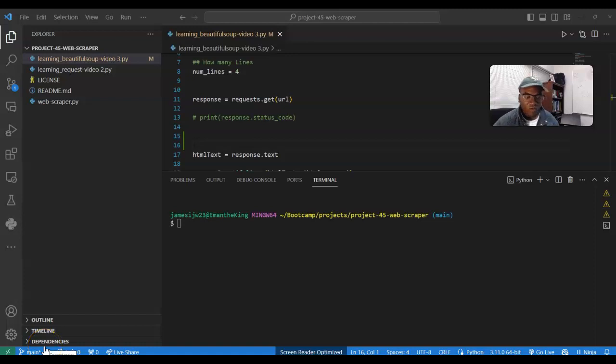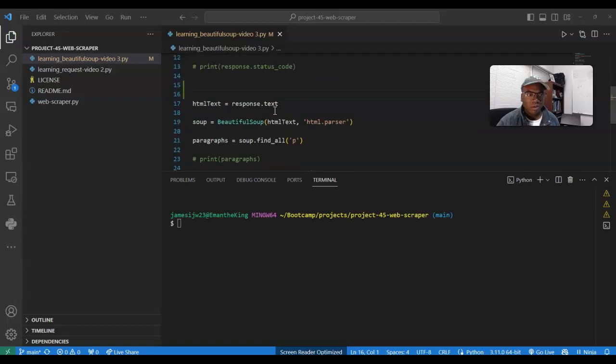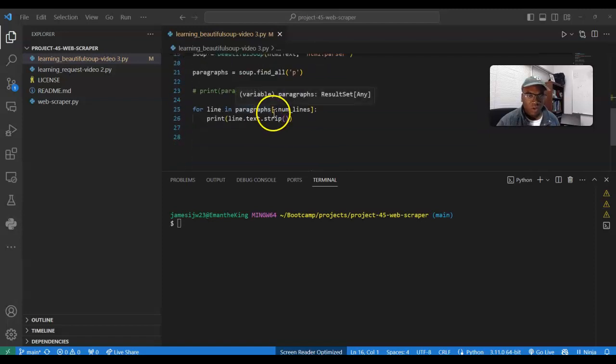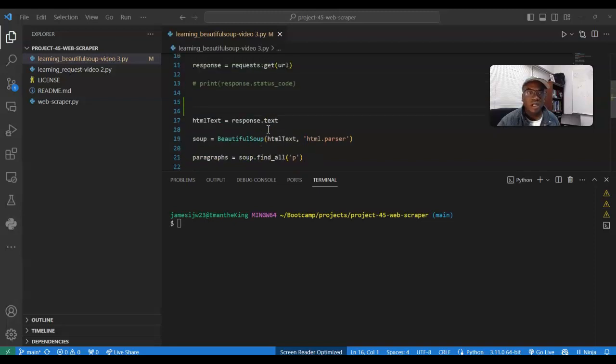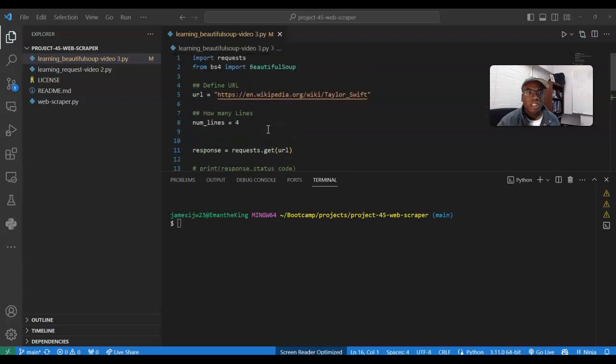Okay, last and final video of this series regarding HTTP, or at least in terms of scraping websites. Where we left off yesterday was we're able to utilize a for loop to get the lines from the paragraph, essentially, and where we use the paragraphs to parse the HTML text. That's great. So what we're going to do is pretend as if we're going to get this information from the